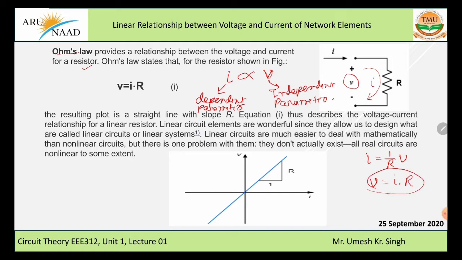A small v and a small i represent instantaneous values. And if we draw a diagram, then the voltage and current relationship can be written as V is equal to IR, and if this is y and x, then this will be the slope. So y is equal to m into x, and m is nothing but R, which is resistance.